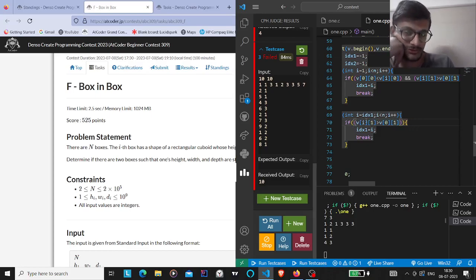The only constraint which I can see over here is like this. After that I will get all the values which is greater than this. So